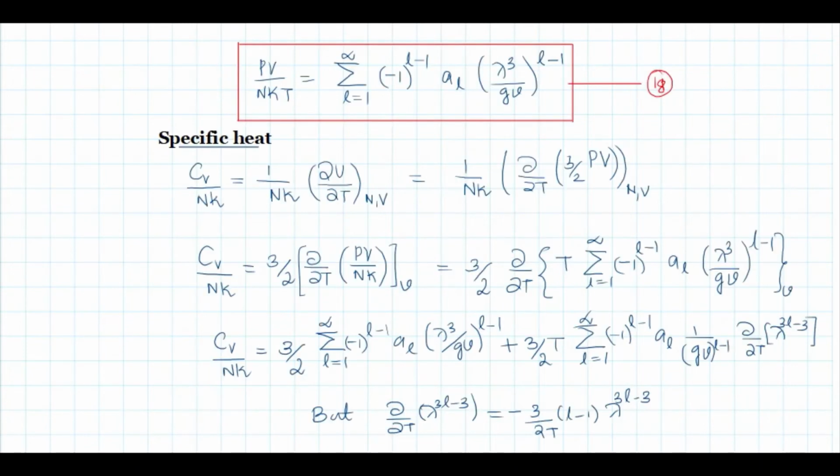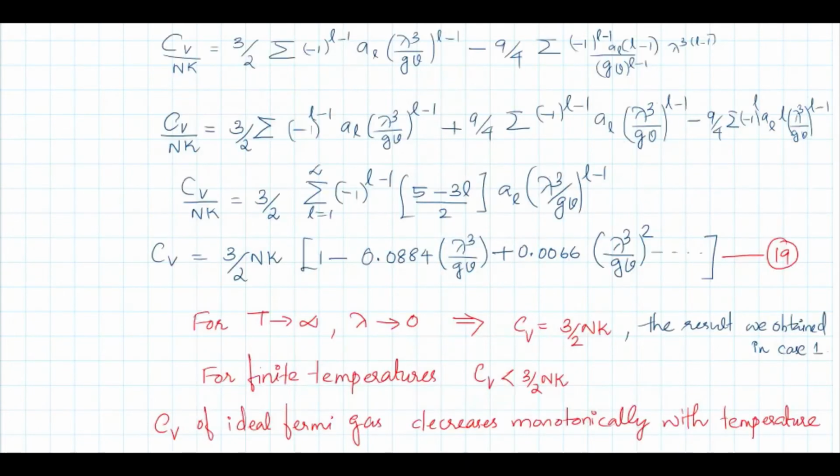Okay, so substitute this value here. So you will get Cv by Nk equal to 3 by 2 into (σ minus 1) raised to (l minus 1) A_l λ³ by gV raised to (l minus 1), minus 9 by 4 (σ minus 1) raised to (l minus 1) A_l into (l minus 1) by gV raised to (l minus 1) into λ³ into (l minus 1). Here you have two terms, minus 9 by 4 into minus 1, that becomes plus 9